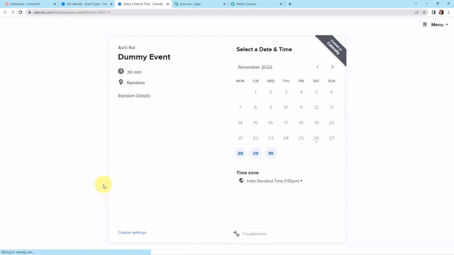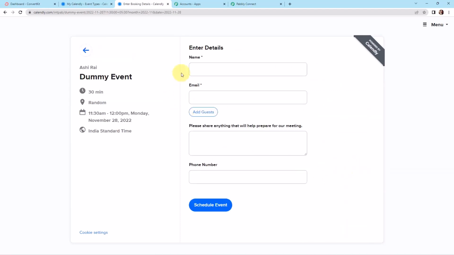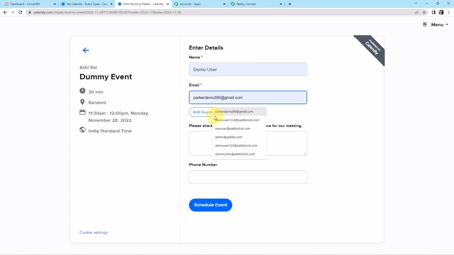Now I'm going to view the booking page. And here I am going to make a booking. So let's say it's on 28th. And then what's the time? So I have got a meeting at 11:30 a.m. I'm going to click on confirm. And now I have to fill in my details. So let's say it is a demo user. Email address here is